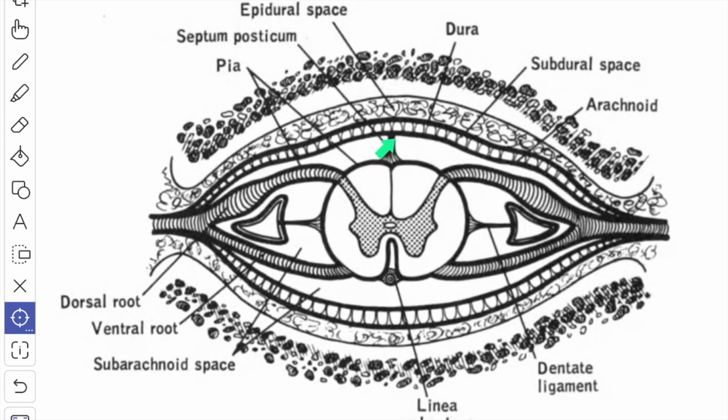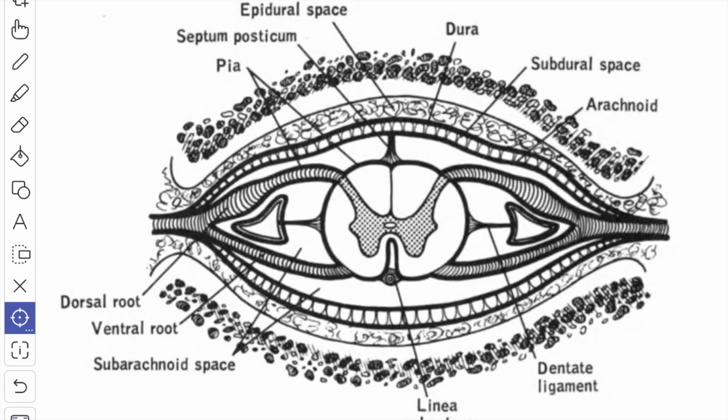The next process is the subarachnoid septum. So this is the subarachnoid septum. It is a mid-sagittal fenestrated pial septum which connects the dorsal surface of the spinal cord to the arachnoid mater. The third process is the linea splendens. So this is the linea splendens. The pia gives off the septum into the anterior median fissure. Where this process is given off, the pia mater presents a thickening that is known as the linea splendens.